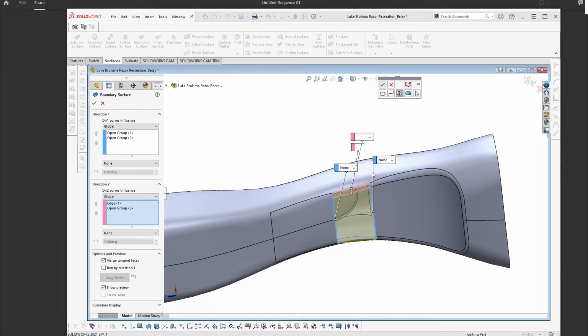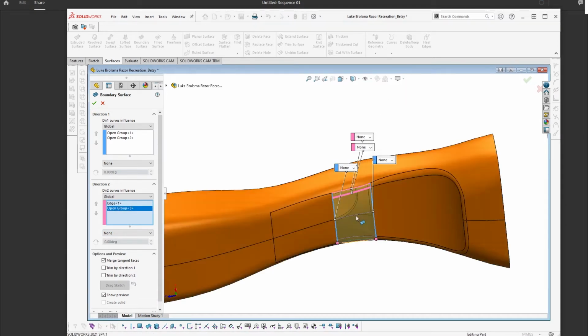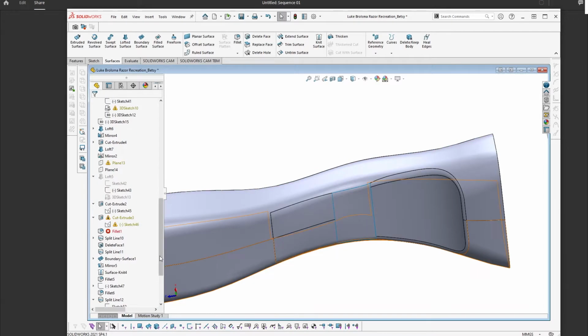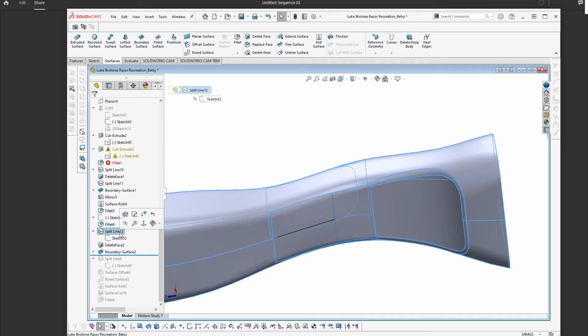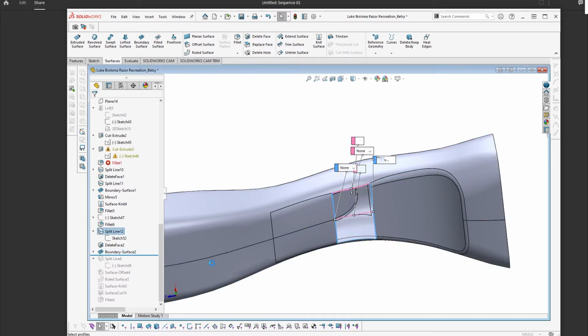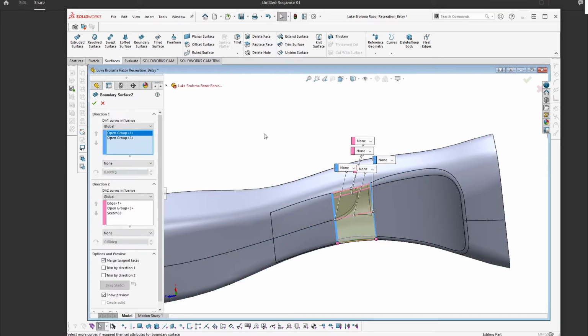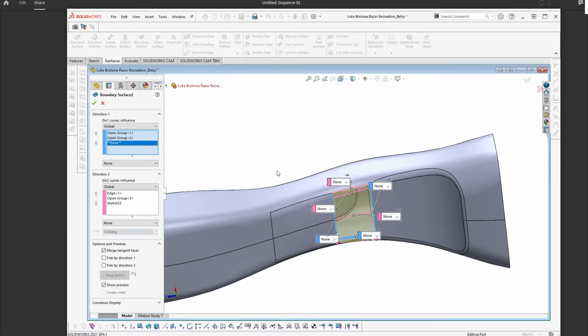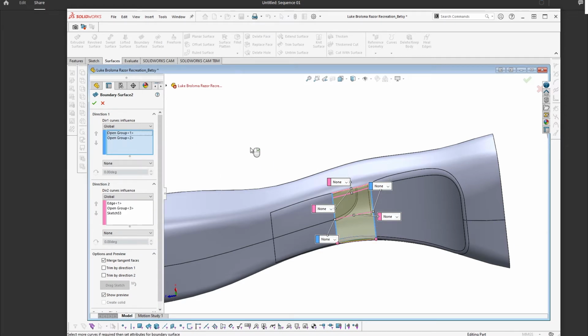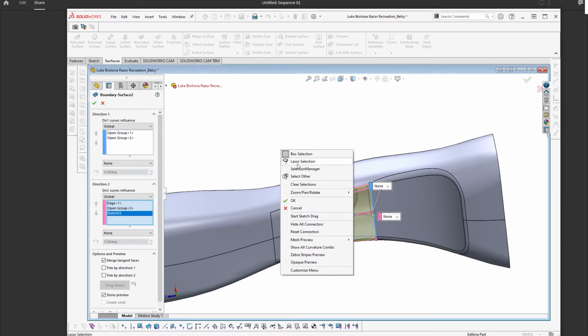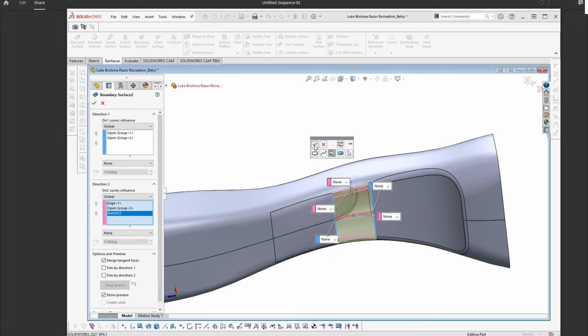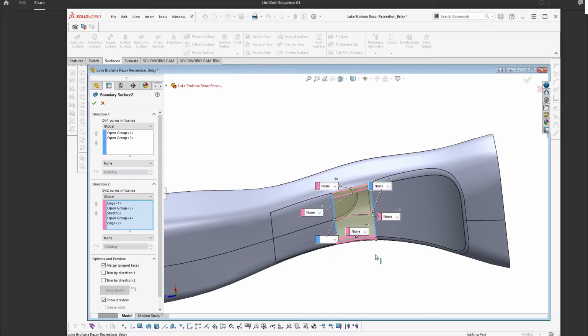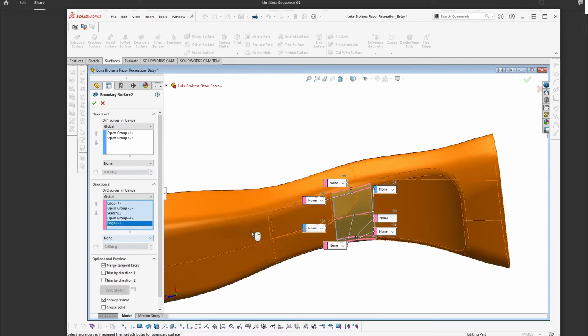I don't know if I need to do that or not. Crap. Add feature. It wasn't done yet. Need to be in the direction 2 box. There we go. Okay, so we need